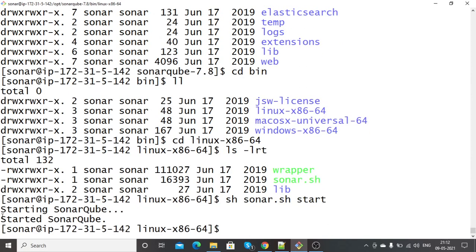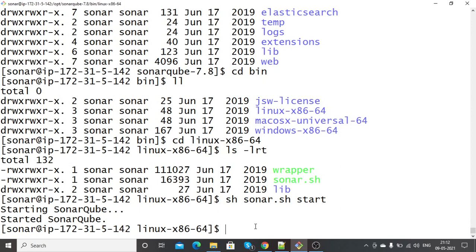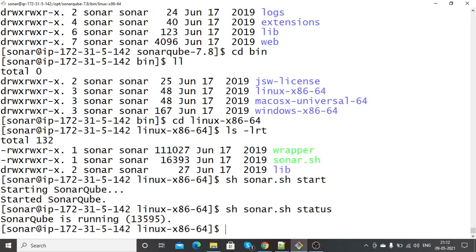You can see starting SonarQube, and it is showing the message that SonarQube started. To check the status, this is the command.